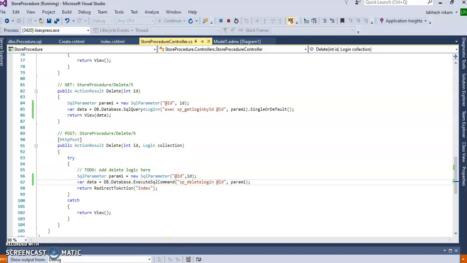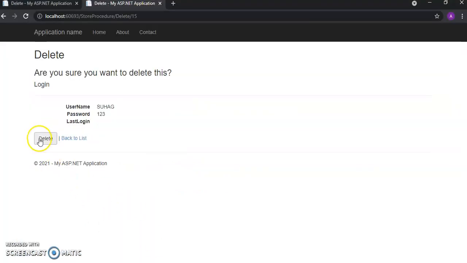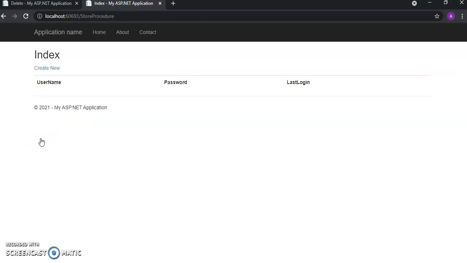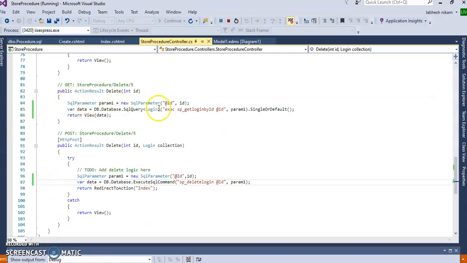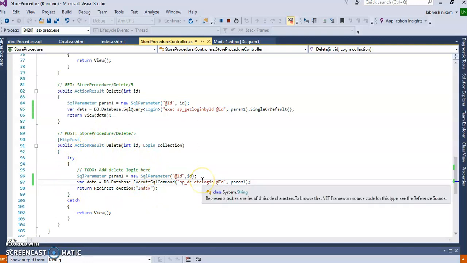So let's click on this button and call the HTTP post method. Click on this. You can see my record is deleted now, right? So this way you can delete the record using a stored procedure. So I require these two methods, HTTP get and HTTP post. HTTP get to get the interface, and HTTP post to delete the record from the database using this stored procedure.